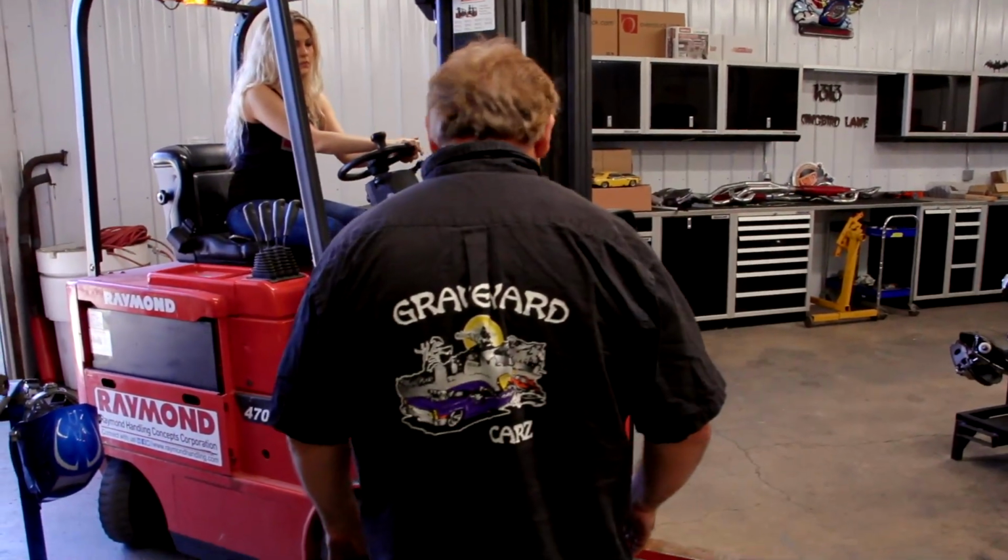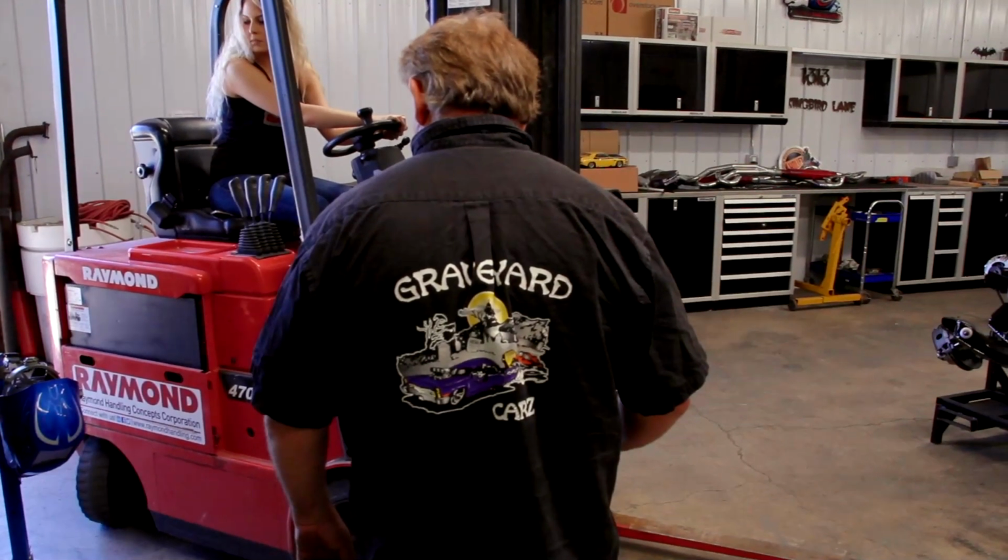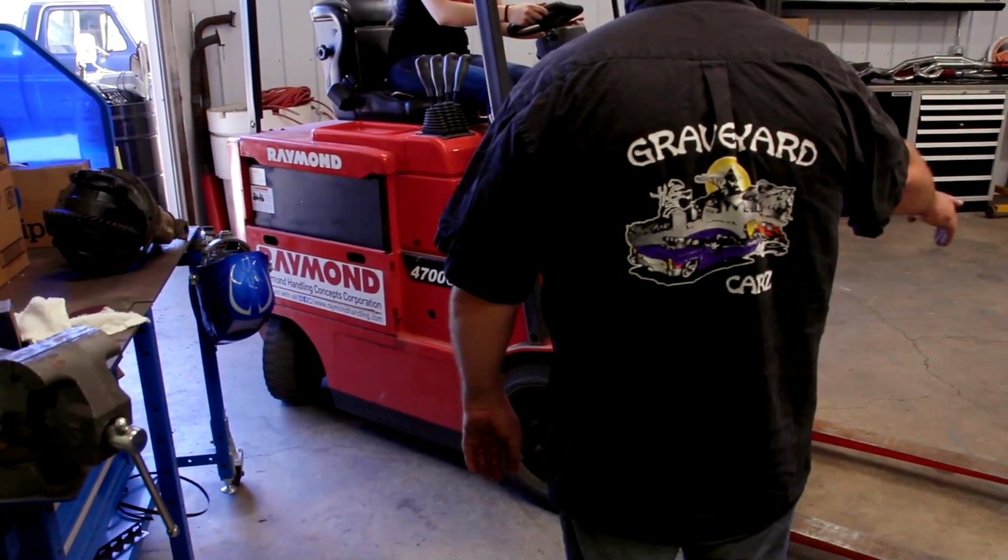I think that's going to be too hard of a turn. See the problem with it? You're going to hit everything. So back out and go in closer. It's one of the things when you're driving something you haven't gotten used to, and you've got a lot of expensive stuff and you can do damage with it, so she's being cautious. But sometimes people just sit there and they...